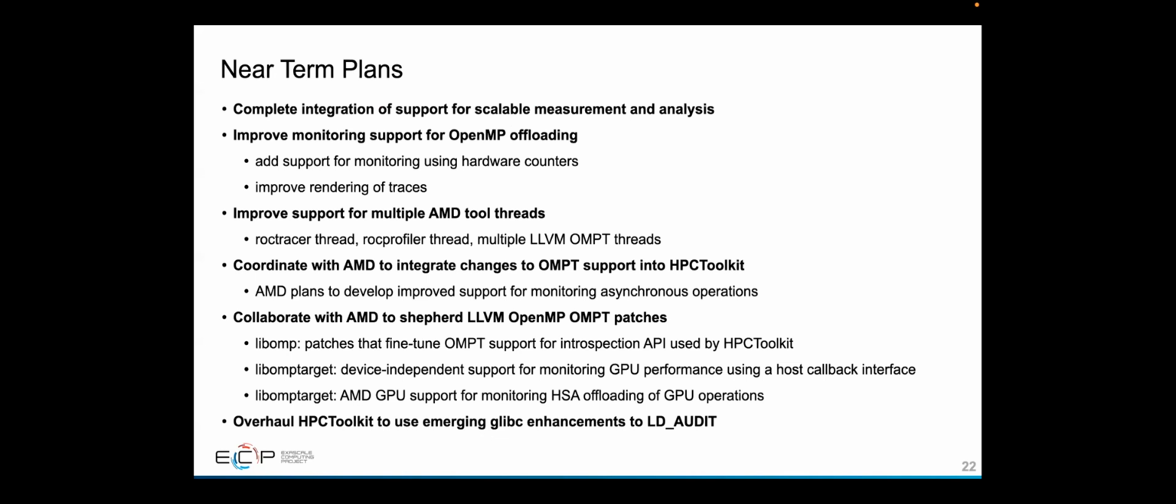We need to do some things to improve the support for OpenMP offloading, add support for using hardware counters to monitor kernels that are offloaded with OpenMP, and also improve the rendering of traces. I mentioned that there was a lot of overlap, that there were 11,000 seconds of memory copies being reported in a single trace line that's only 140 seconds long. And so obviously that's not right. And so we're going to have to render this as multiple trace lines, and that's something that we're going to take on